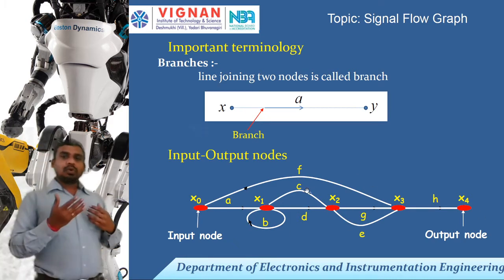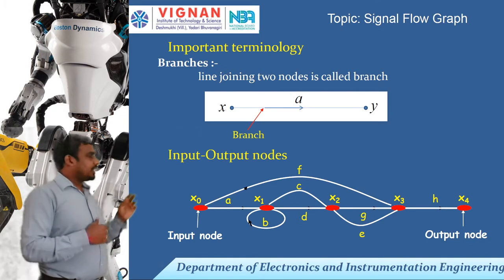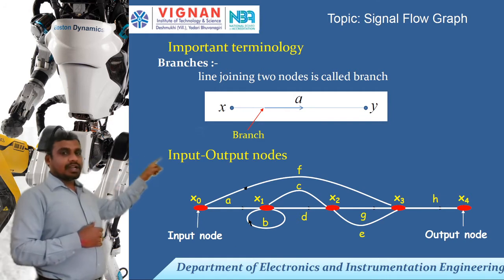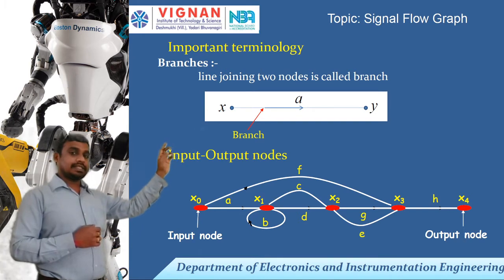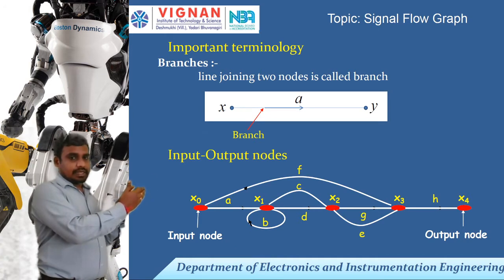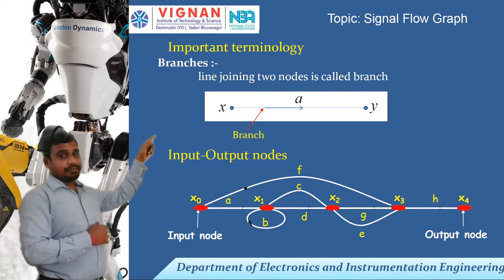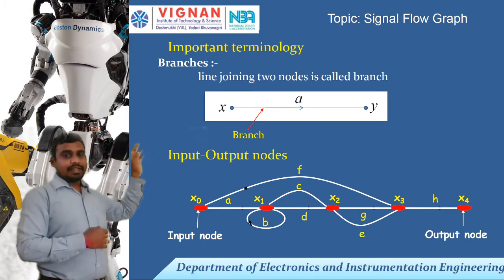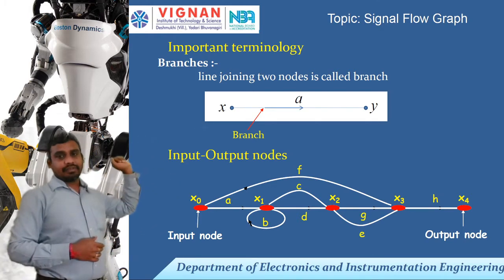You can see the signal flow graph which was given down here. I have given different nodes, different gains of the branches, and the input node and output node. Starting from x0 to x4, whatever I marked in red are the nodes. The signal traveling from one node to another is represented in terms of a gain. For example, f is traveling from x0 to x3. It conveys the message from x0 to x3 with a gain of f.